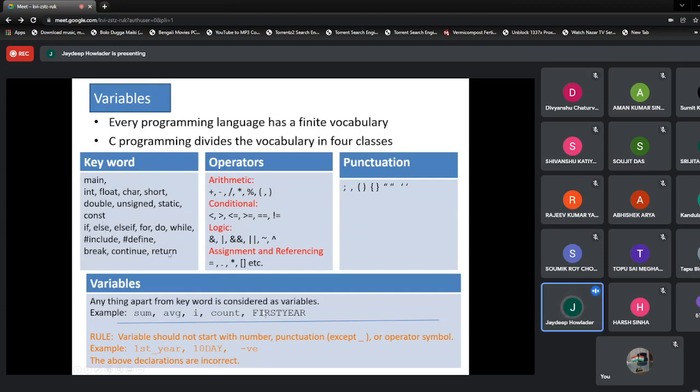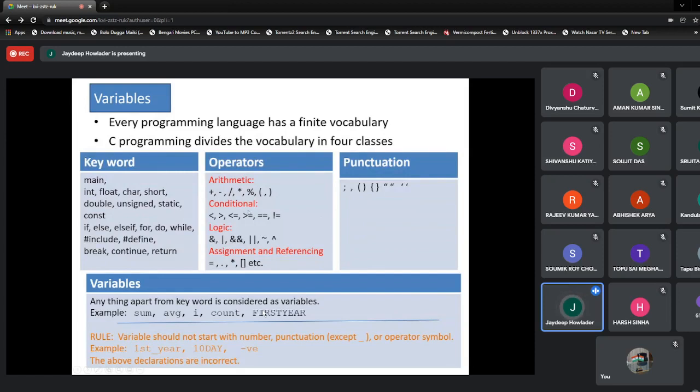As we keep on programming, we will learn more of the keywords. Similarly, if, else, then for, do, while, goto, etc. These are different types of keywords. So a particular finite set of words are reserved, and they are called keywords.